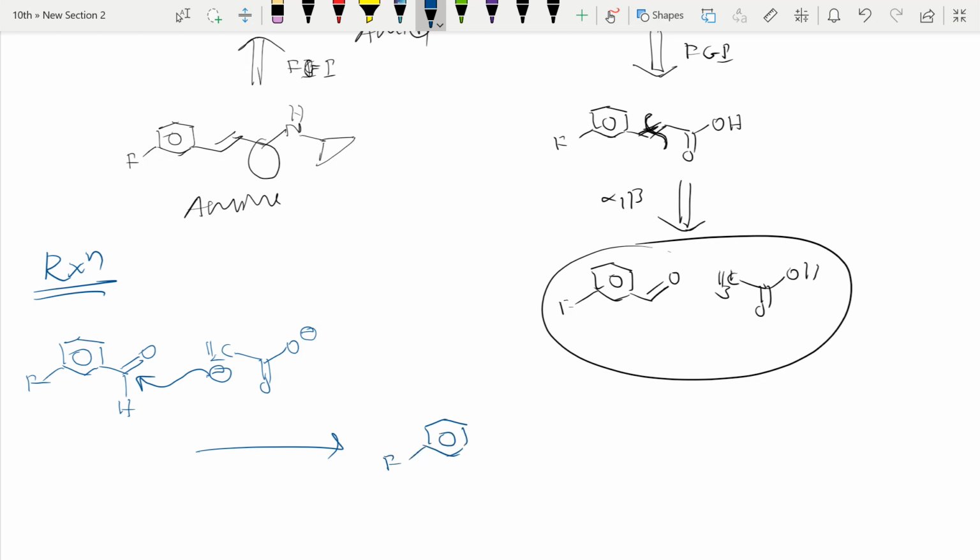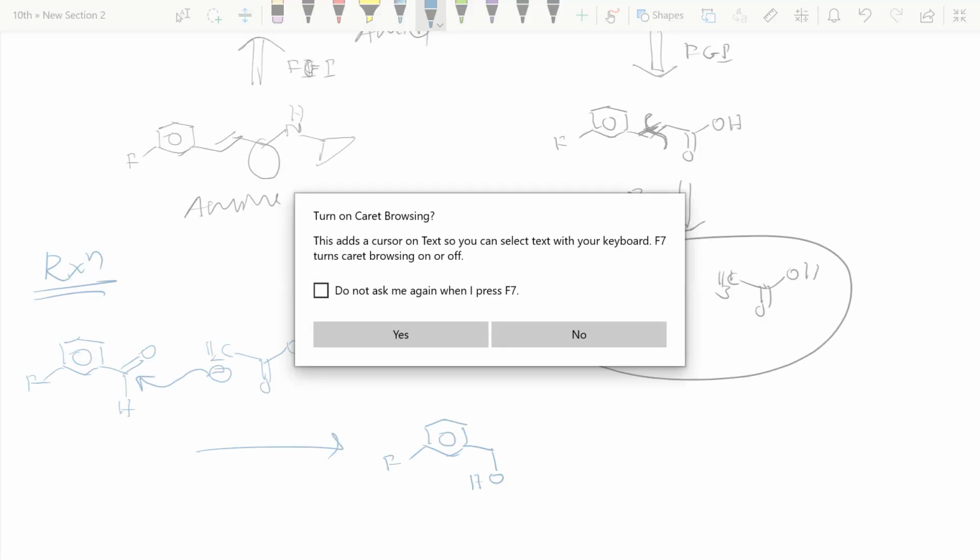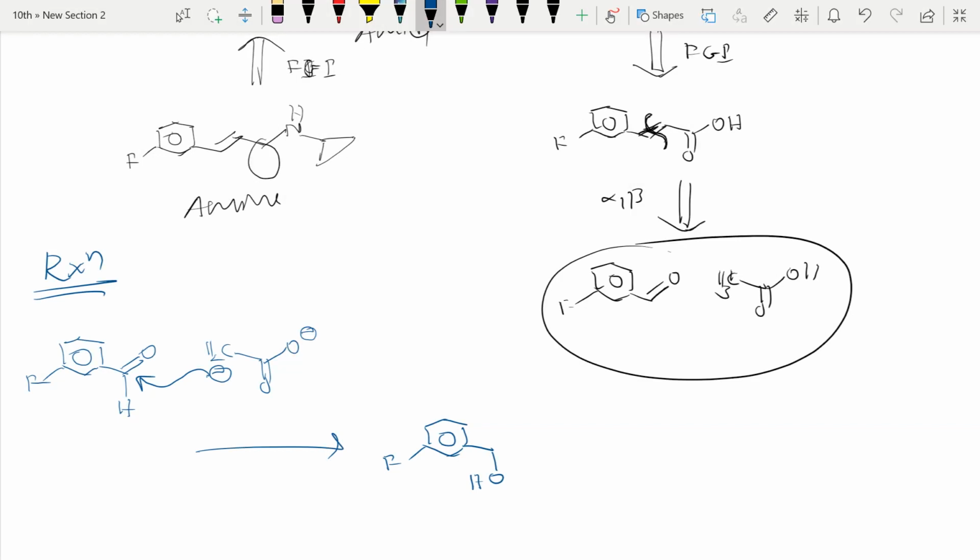So fluorine, so here what happens, OH you can make it, and other things, just a minute, no, okay. And here CH3, CO, O minus you can put. Here hydrogen is there, E1CB reaction I can make it unsaturation by removing this H plus and OH minus. Just I removed all these things.